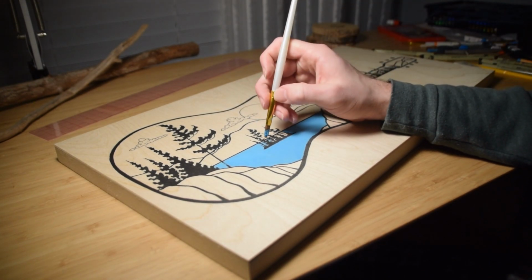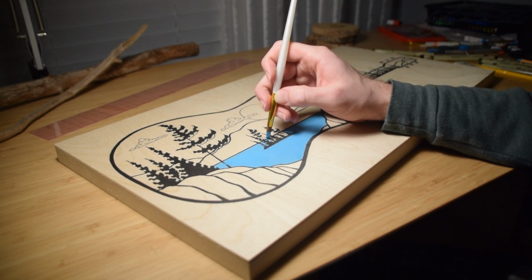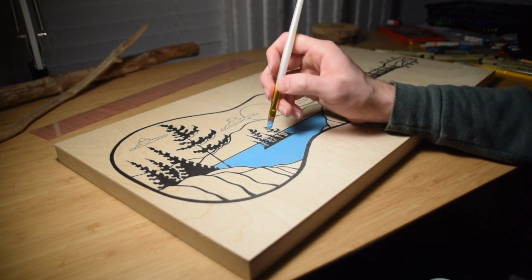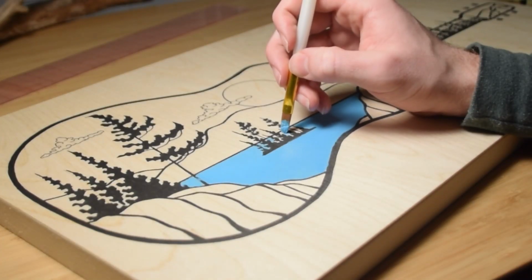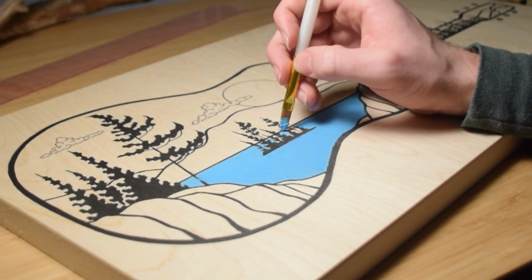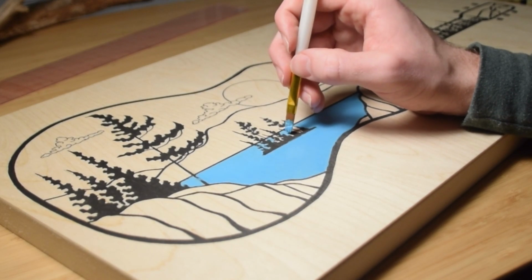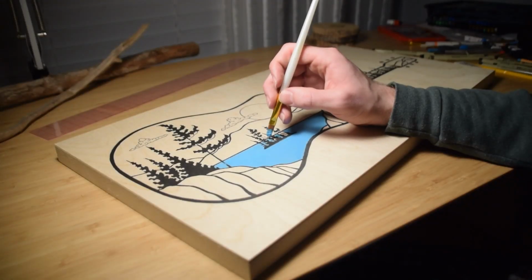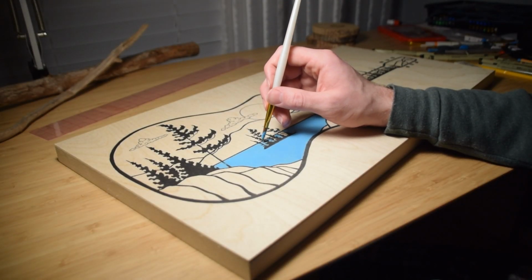So as I am finishing the water, this is the hardest part, in between the trees, trying to get them in there. It's not a big deal getting paint on the black lines, because I can go over with the pen. But I wanted to touch on what inspired me to want to create a piece with a guitar,